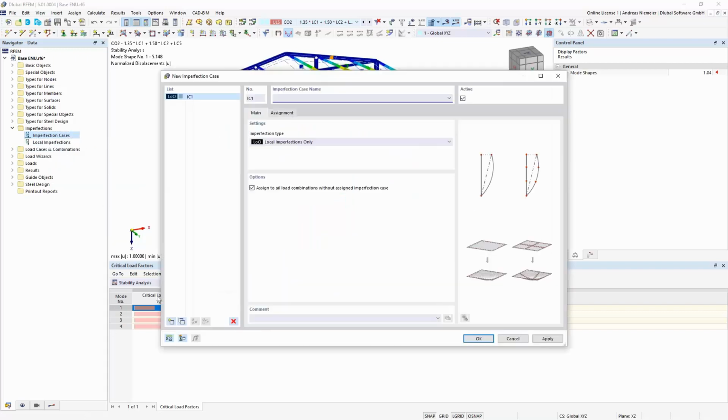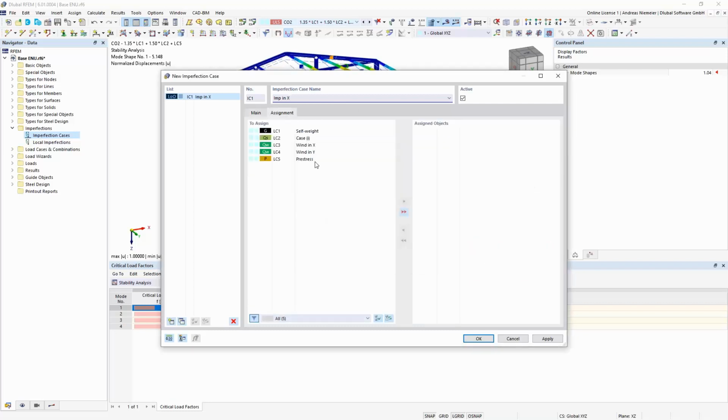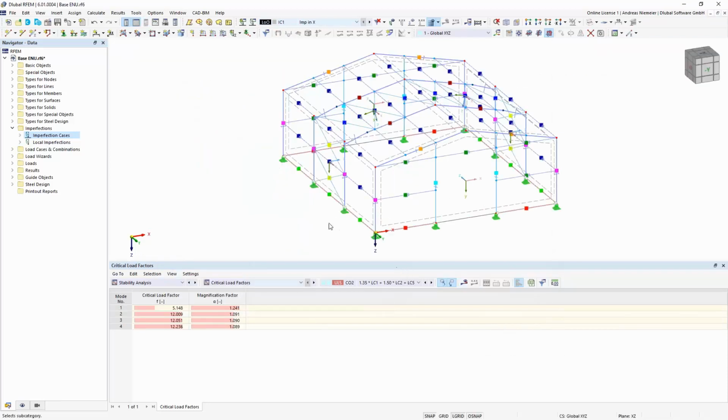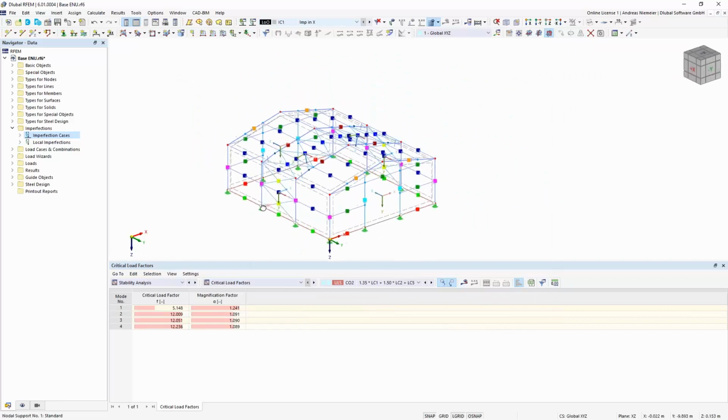I can create the imperfection case with different types, but I use now local imperfection with the name imp in X and assign it to the wind in X direction. And now let's fill this imperfection case with some global imperfections.